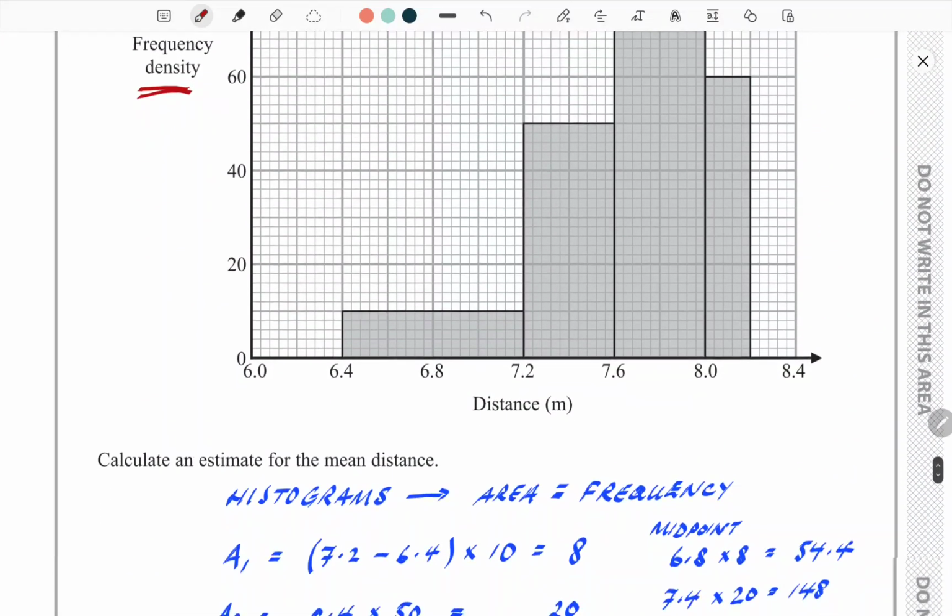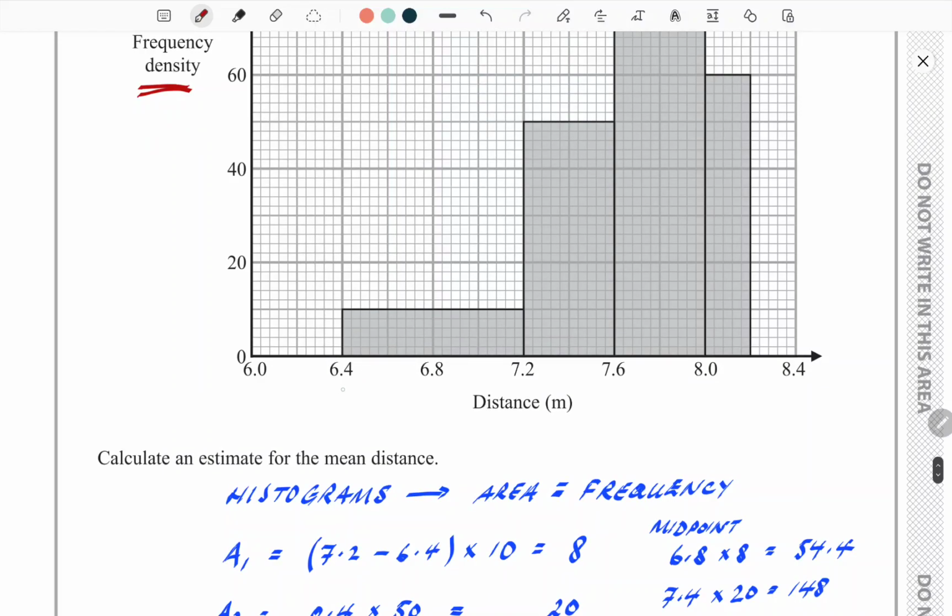Now, in this histogram, as with all histograms, you've got ranges, from there to there, then there to there, there to there, and there. So you've got little classes of data. They're asking for a mean distance. In any grouped data,